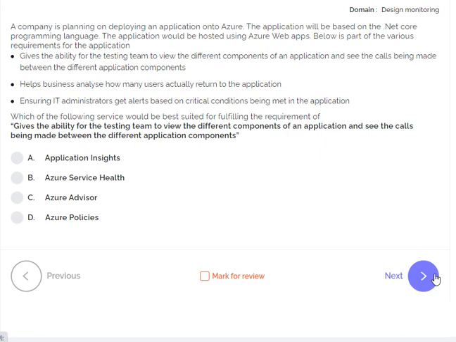So then the question is, given the ability for the testing team to view the different components of an application, see the result, right? Here we are talking about the mapping of the application, and that will be provided by Application Insights. It provides a graphical view with the help of which we can see how the requests are going from one component to another component.